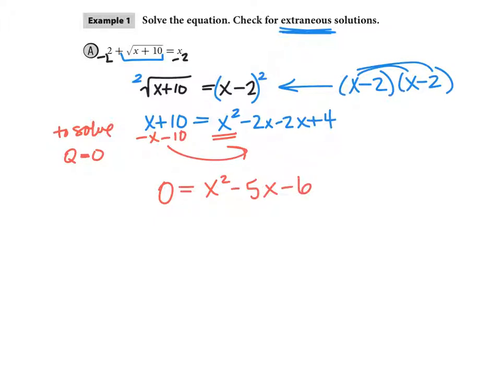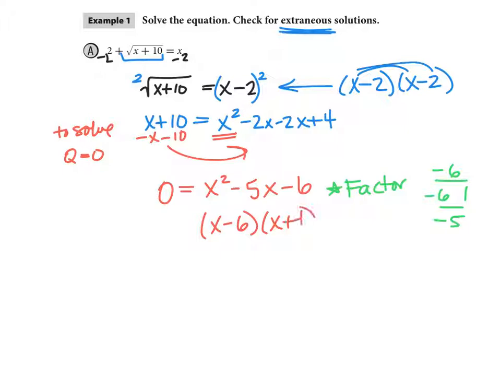All right, and now you want to think about if you're looking for solutions or to solve, this right here is quadratic, and the easiest thing to always do first, if we can, is to factor. That's always going to be what you should look for first. So negative 6 is my top number, negative 5 is my bottom. Let's see, those two numbers are going to be negative 6 and 1, so that's going to give me factors x minus 6, x plus 1, which is going to give me solutions of x equals 6 and x equals